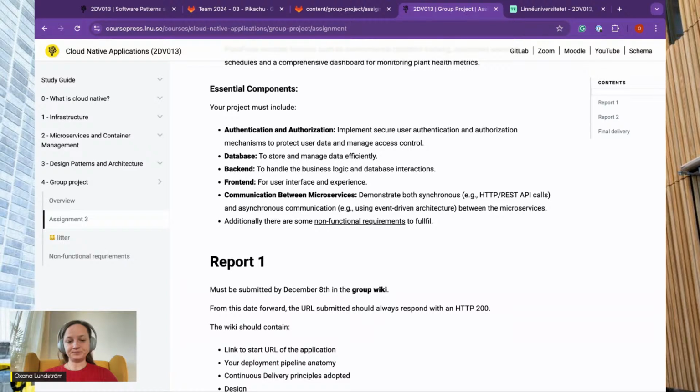At least one backend handling business logic and database interactions. So think of it as corresponding to a Taskit microservice in assignment 2. And a front end for user interface and experience. So the project should have an